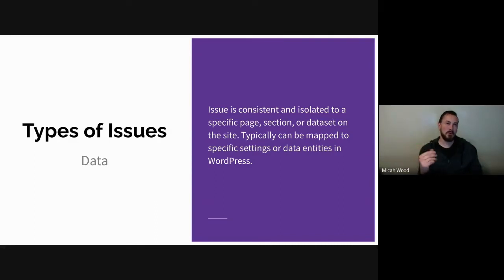So if, for example, you change a setting somewhere in a theme or in WordPress or somewhere else, it could affect a lot of different pieces of content that show up on the site. So being aware of the fact that most of the time data issues have a pattern, but you have to know to look for it. In other words, this affects all of my testimonials, or this is only happening on this page, but it's always happening no matter what browser we load it in. These are all things that would indicate that we have some sort of data issue.